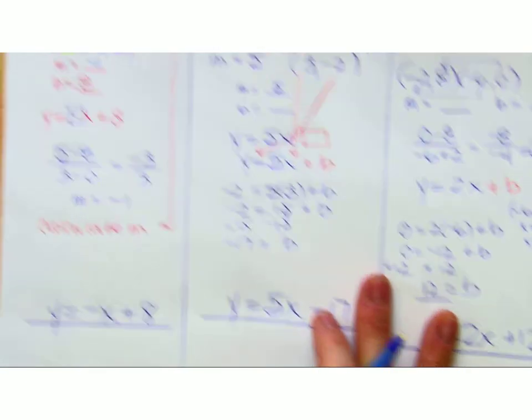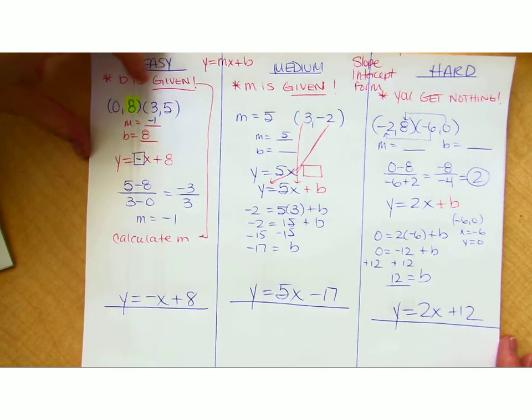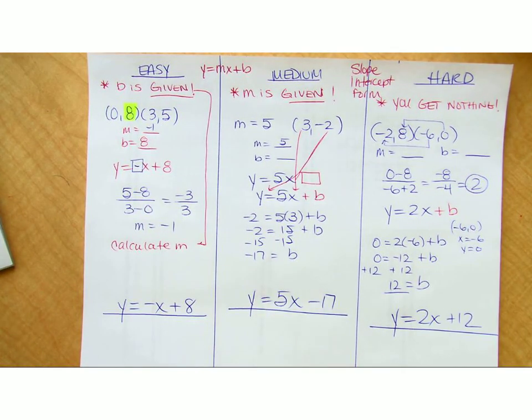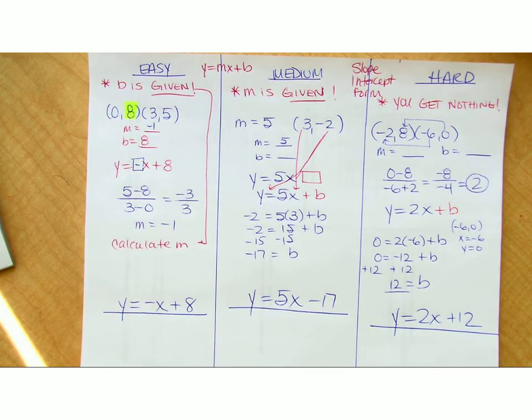We've learned these things. I just feel like putting them all together and seeing them like this, does this help you kind of figure out which one's which? Sometimes I'm going to give you the y-intercept, and you got to find the slope. Sometimes I'm going to give you the slope, and you got to find the y-intercept. And sometimes I'm not going to give you anything. Are you good with that? Okay. So you're going to use a second sheet